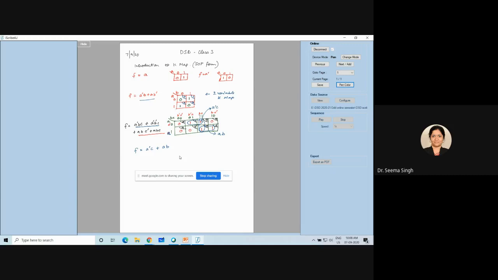But whenever we do pairing, it is important to see that all the terms are covered. So when I did the number 1 pairing and number 2 pairing, AB and A bar C pairing, that covered all the possible ones in the question. So these two terms will be called EPI, essential prime implicant.